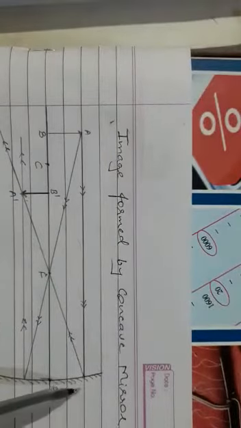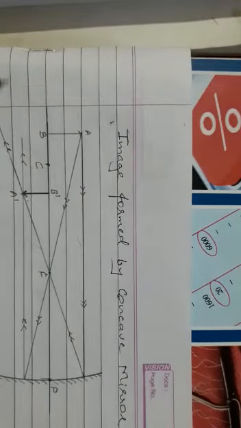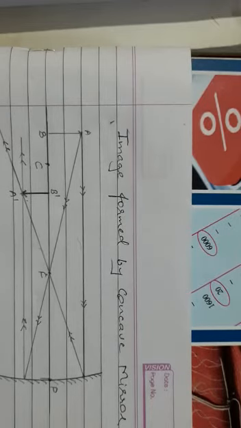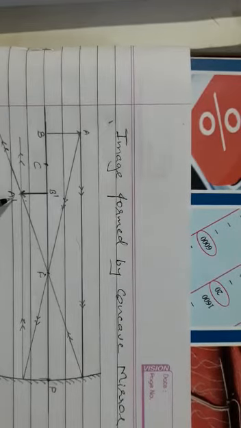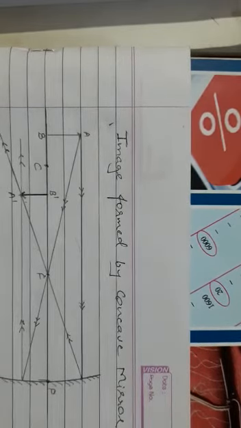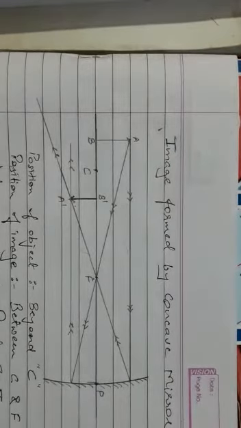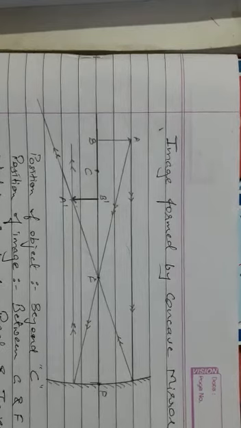Fine. Here also, again we are revising, the ray is passing straight, passing through the focus. The second ray is passing from the focus and is made straight, parallel to the line. So wherever the intersection is obtained, no need to draw dashed lines because this is a real image, so we get it on the screen. So the rays should be in complete lines. Fine. So this is how we need to draw images of the concave and convex mirrors.